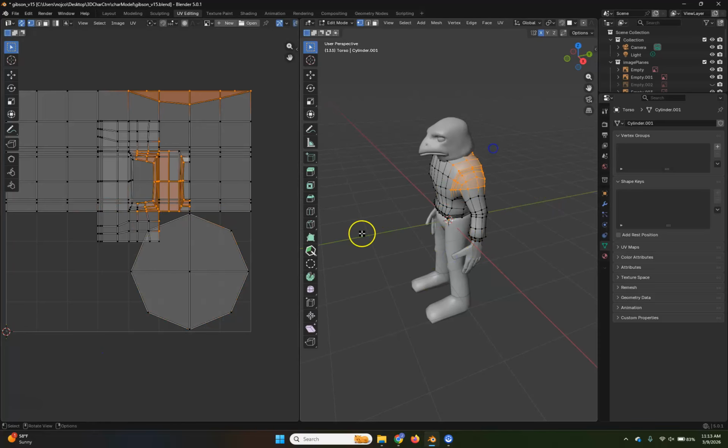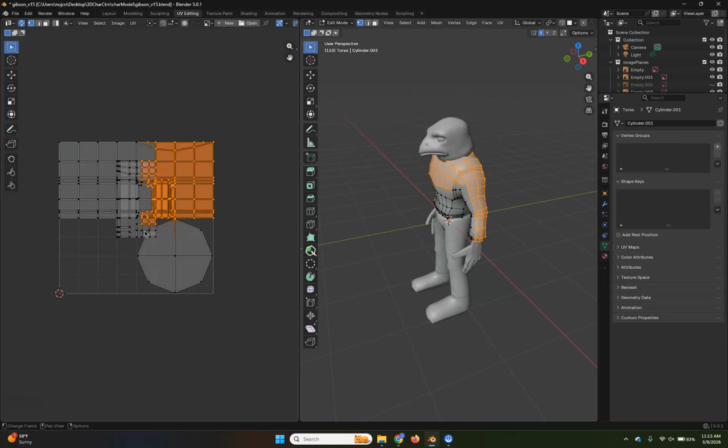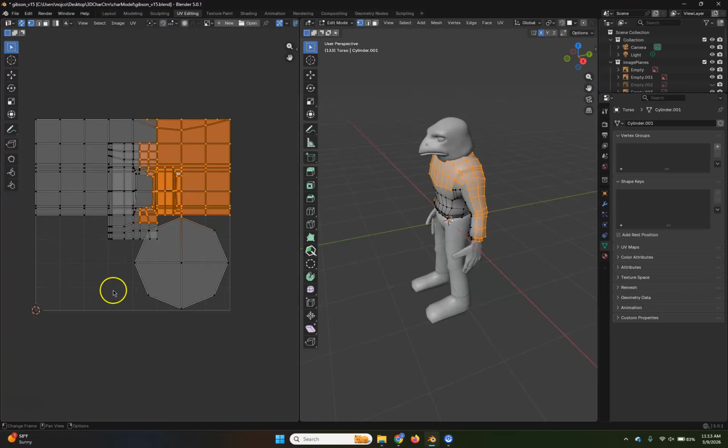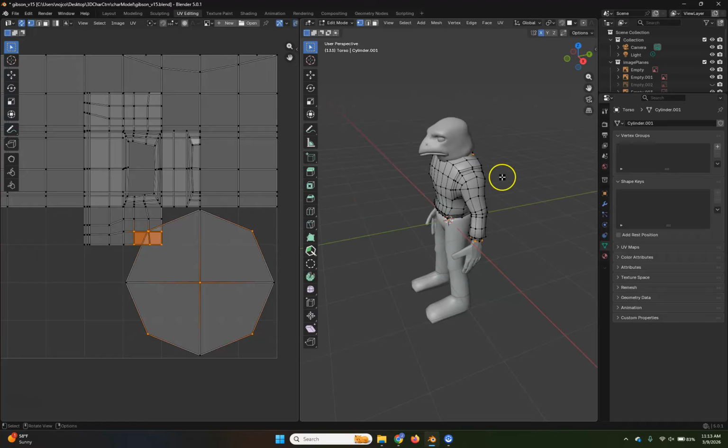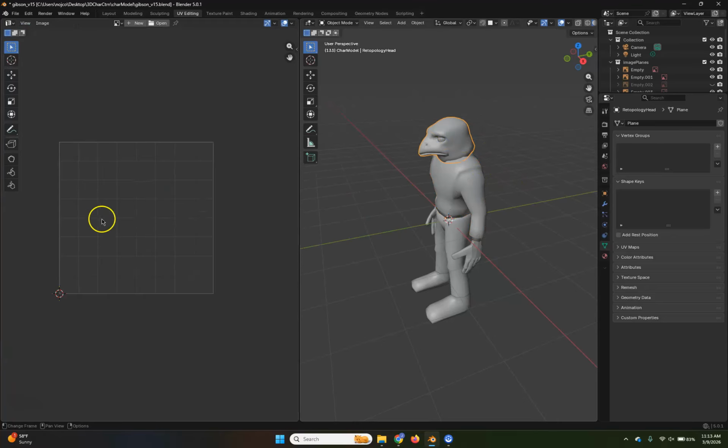Now, what you're going to see is by default, it's all overlapping and it's not laid out in a way that's understandable. Like I don't really know what piece is what, as well as it's also not going to be laid out in a way that'll allow an image to be placed over top of it properly because again there's overlapping, there's big empty areas, some stuff have a lot of space and these aren't like the same shape as what's over here. The reason why we have UVs to begin with at all is that each one of these